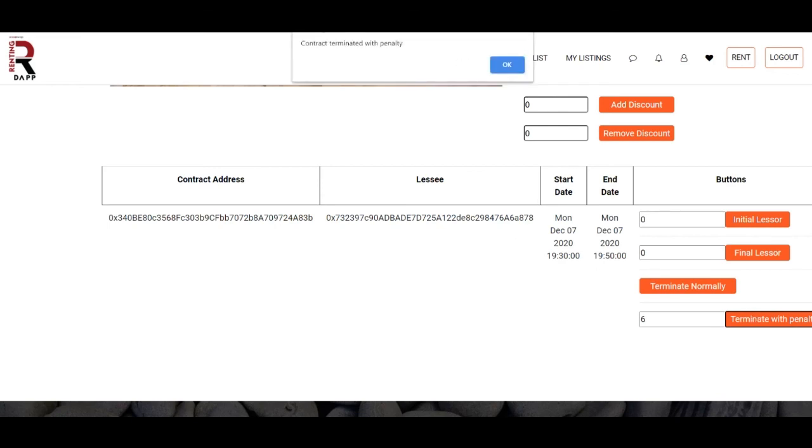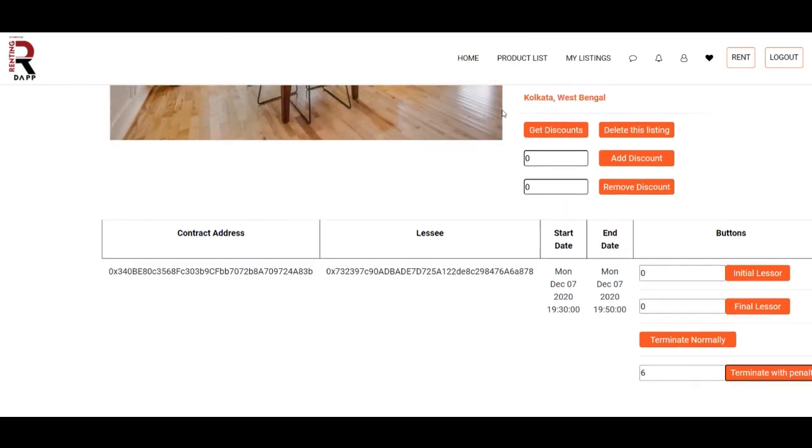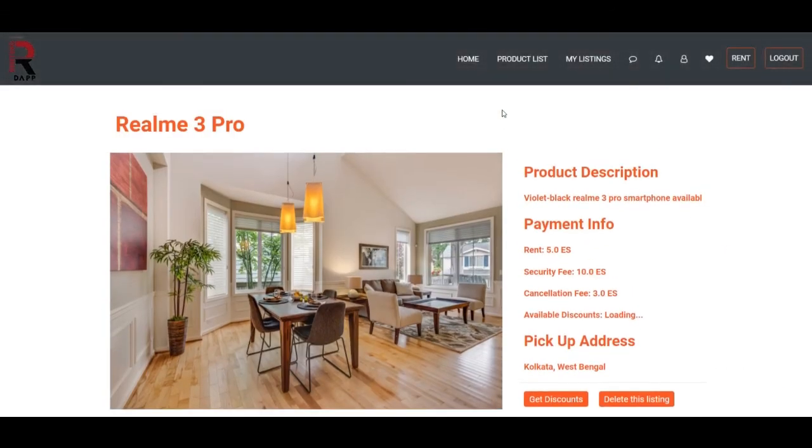So the contract has been terminated with penalty, which actually means from the 10 security amount, 6 has been paid to the owner as a penalty for the damage caused to the item, and the 4 has been returned to the buyer's account.